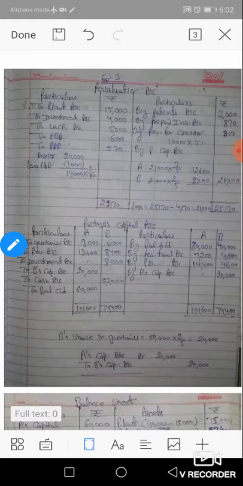Investment revalued at rupees 16,000, but half of this investment was taken over by B. Total investment revalued at 16,000, and half means 8,000 taken over by B. Okay, there is a claim of WCR to the extent of 5,000. A new reserve is created for WCR of rupees 5,000.